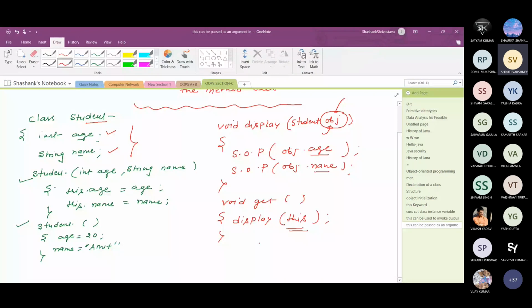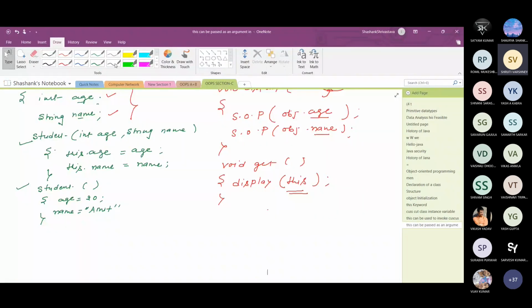Okay, if you write like this, and I close the student class, now just create the object of the student class. In order to create an object of the student class, the object should be created in the main method. तो public static void main, इसके अंदर object create करेंगे, String a. Now how can I create the object? Just see, if I write student s1 equal to new student.